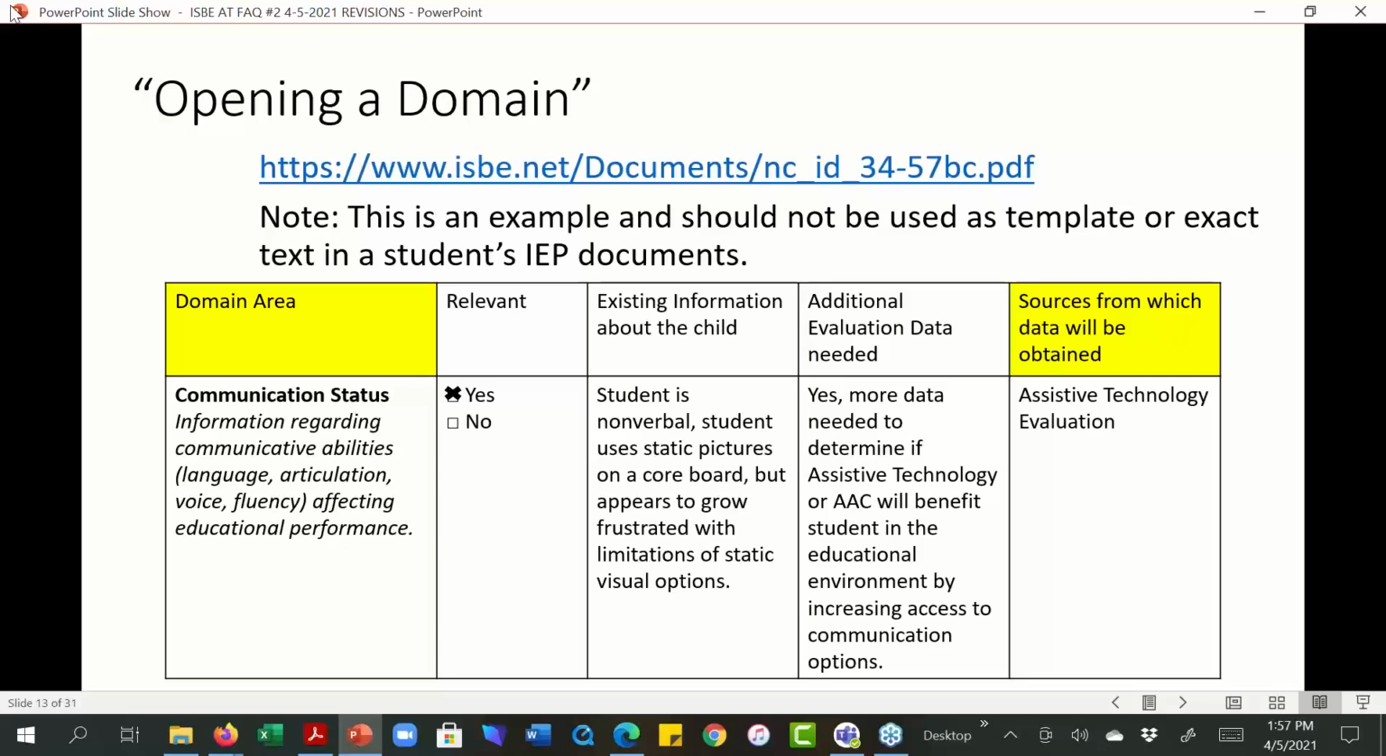The sources from which the data will be obtained might be an evaluation completed by the district assistive technology specialist. Maybe they'll put in something like checklists or trials or what have you, whatever that person finds necessary. But again, that's just specifying how you're getting that data. And you would use that same line of thinking if you switched out communication status for the functional domain